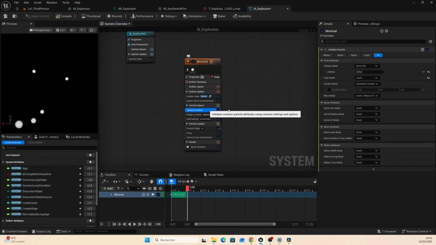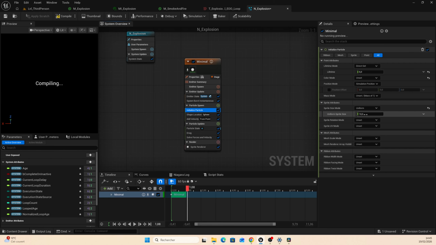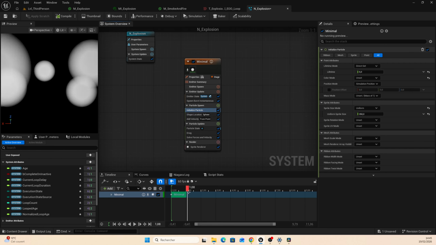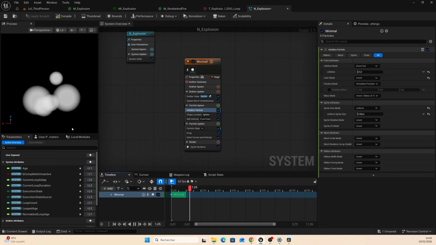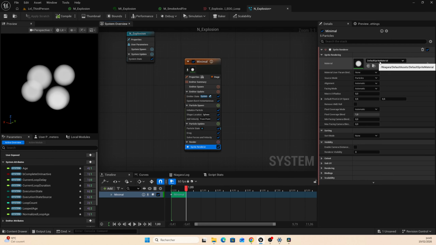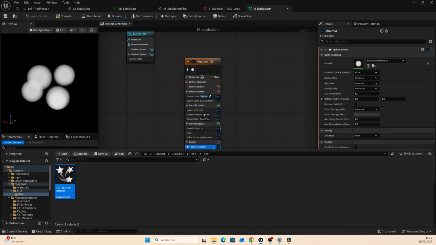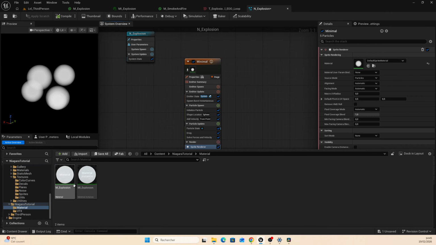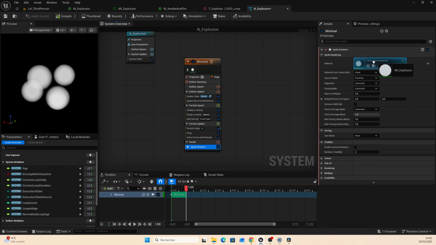Maybe make some bigger particles. Besides, for name uniform. After that we will go to random uniform, but now okay, we can start with that, and we start to add our material. So go to sprite render, and here open your content browser, go to Niagara tutorial materials, and add your material